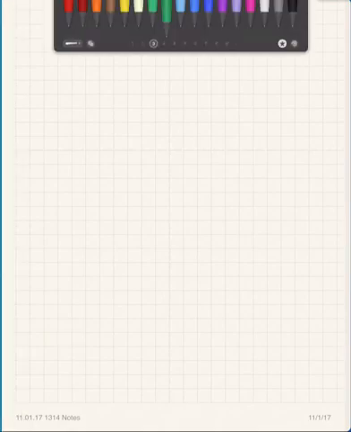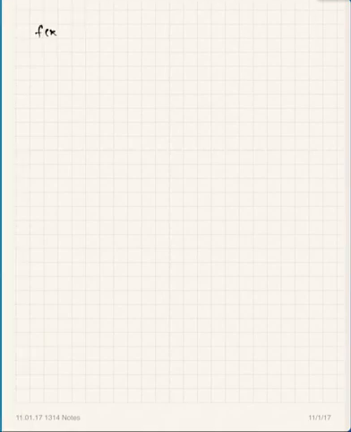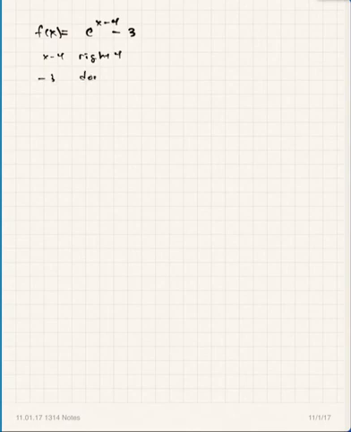All right, f of x equals e to the (x minus 4) minus 3. So what would happen here? The x minus 4 would shift the graph to the right 4, and then the minus 3 would shift the graph down 3, like that. So if we were going to sketch this graph,